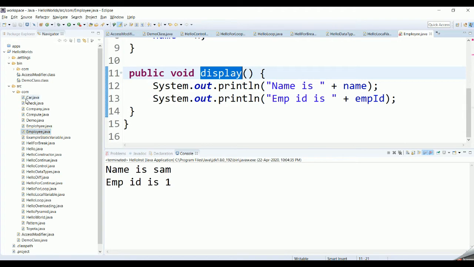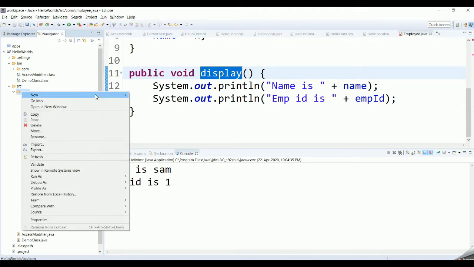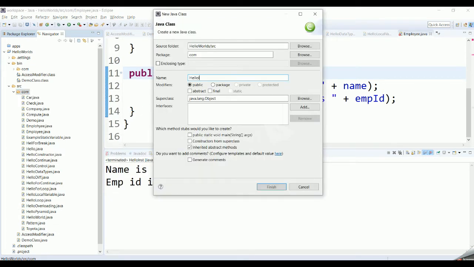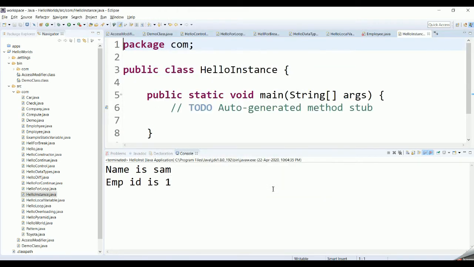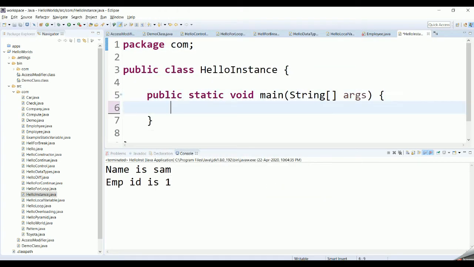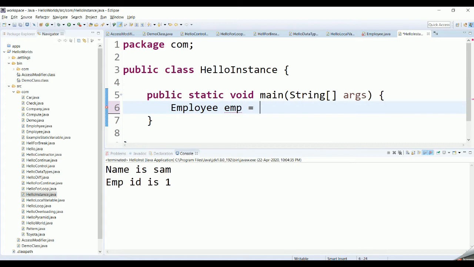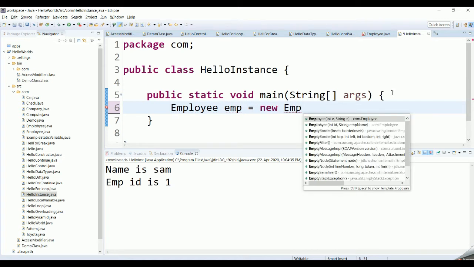To call this class, I'm going to create one other class. Let it be hello instance variables, and don't forget to include public static void main. Inside the main method, I'm going to create an object for the employee class equal to new employee.